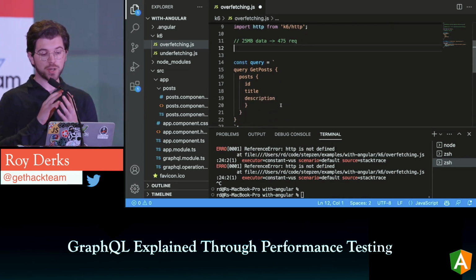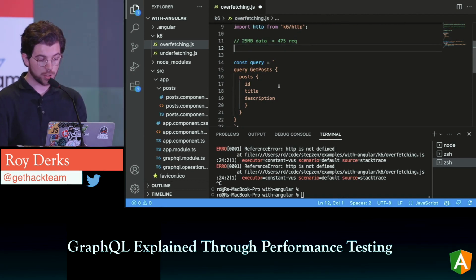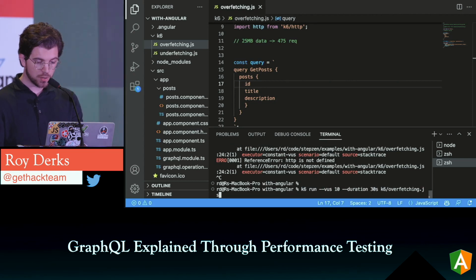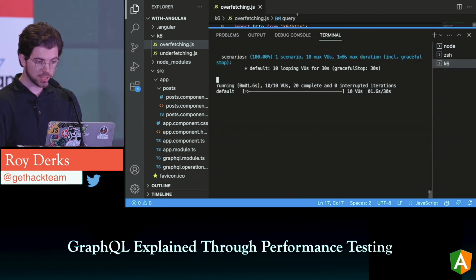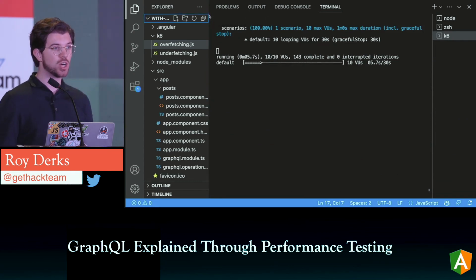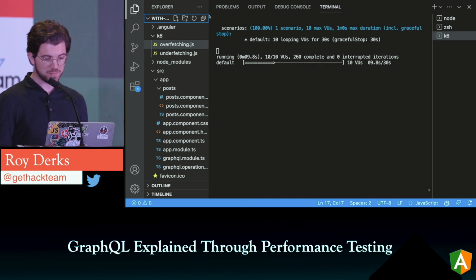So now we're going to try this again with less fields. As with GraphQL, you have control over the fields you're getting. So let me save this and then rerun the k6 command. So now it's all working. We have 30 seconds to spare, so maybe someone has a nice joke that we can use in the meantime. Or maybe not, it's also fine.